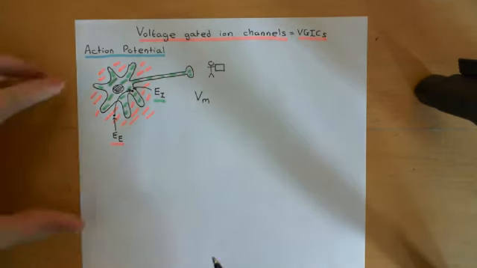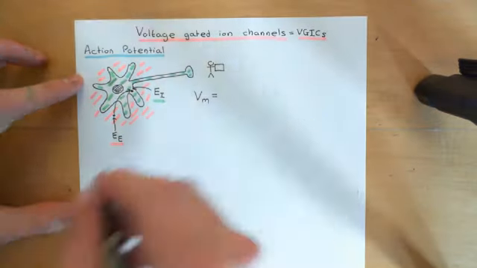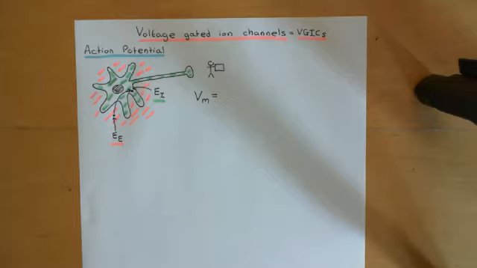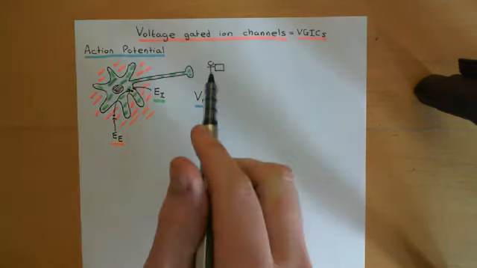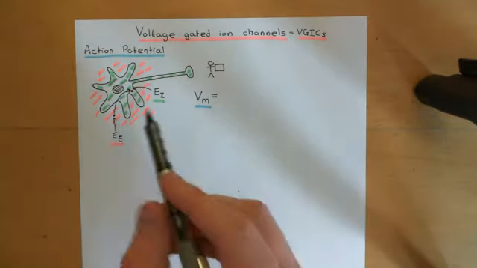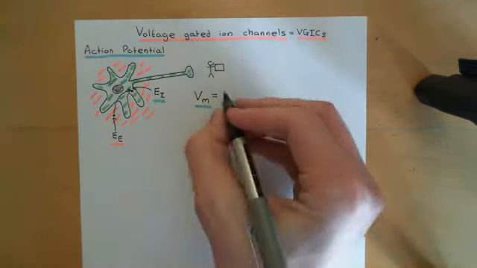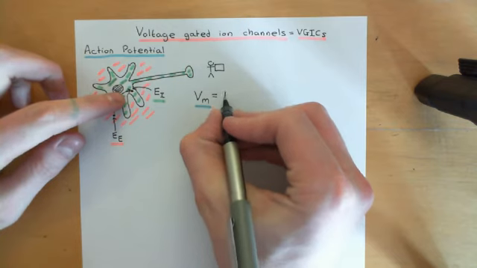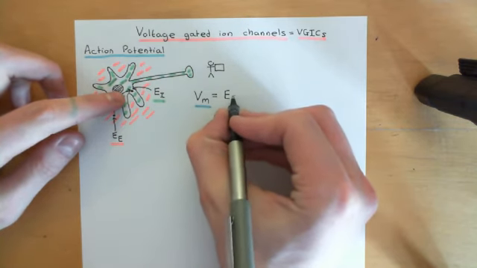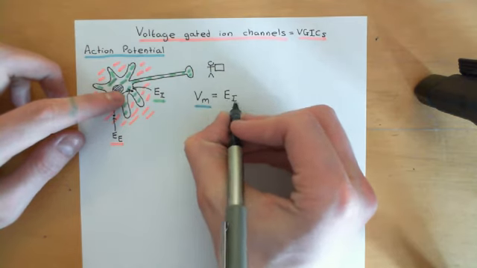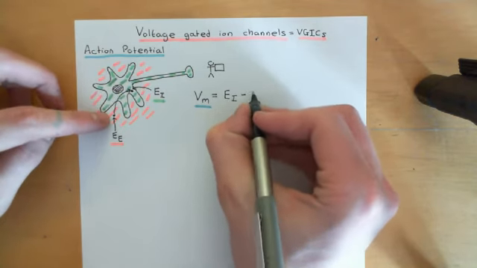Okay, so let's write out a formula for the electrical potential difference across the cell membrane in terms of the electrical potentials extracellularly and intracellularly. We want to know how much the electrical potential on the screen for the little man actually changes when he moves from extracellular to intracellular. That's going to be the new value on his screen after he's made the jump, which is the electrical potential intracellularly, subtract the value that he had before,